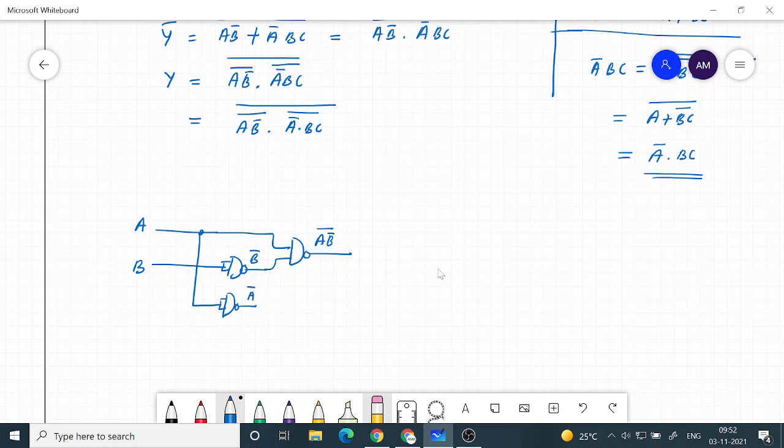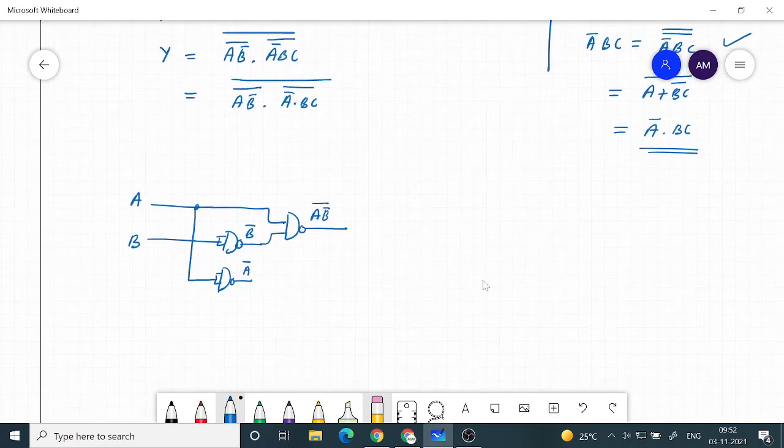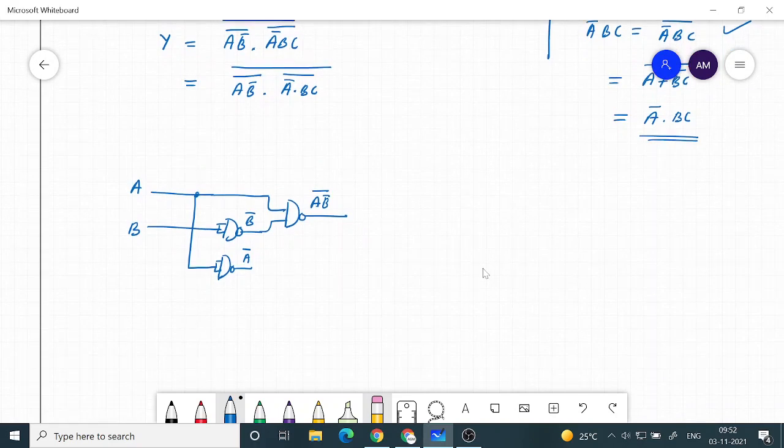Then that is dotted with BC. BC also I need to do one more expansion. So you take BC, BC bar.